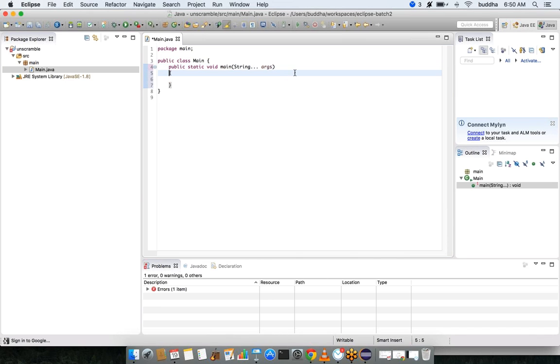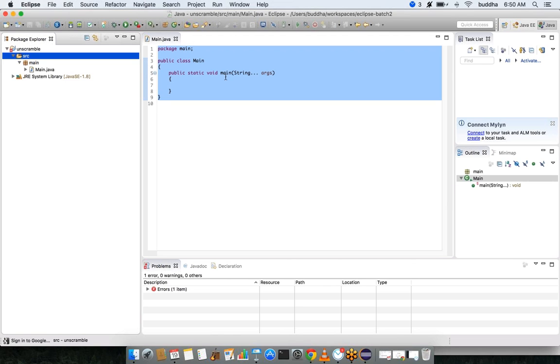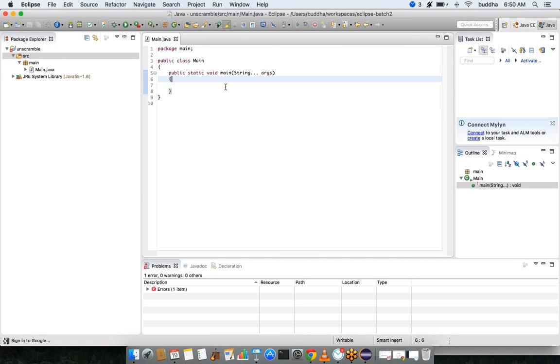Now I created a main method, so our entire application will begin execution from here.